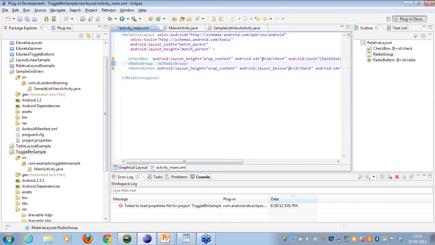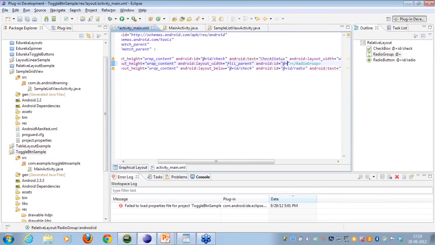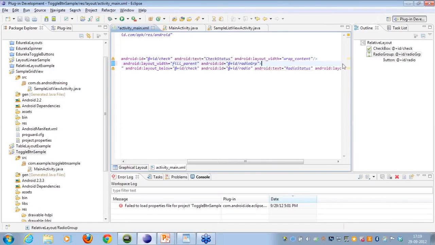So here I have created a radio group. I say the radio group has a particular height, I say wrap content. It has a particular width, I say fill parent, and it has to get an ID. I say our radio group. All right, and I'll just do a control X here,